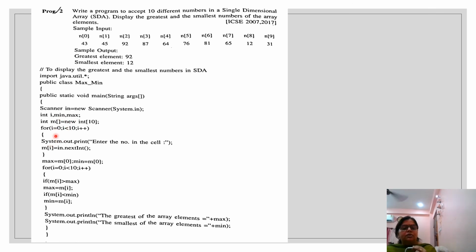See, this is your input. This is very important. First do this. In each and every array program, you have to write down this input statement. Here we have taken max at array position 0 and min also at position 0. Now here's the loop, and now we will compare each position of the array with max, and like that we are going to get the maximum number in the array and the minimum number of the array. Copy it down in your class register very clearly, whatever the array notes and programs have been given in your PPT.